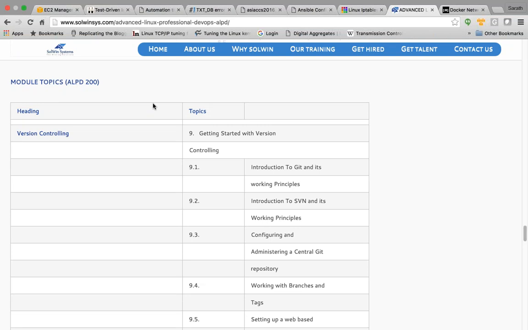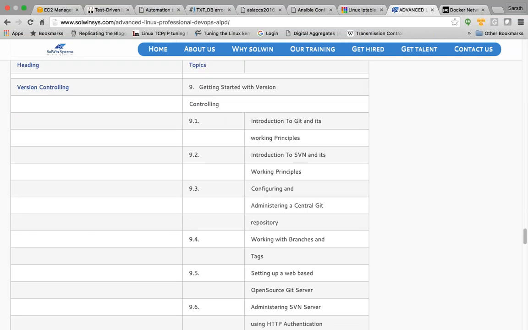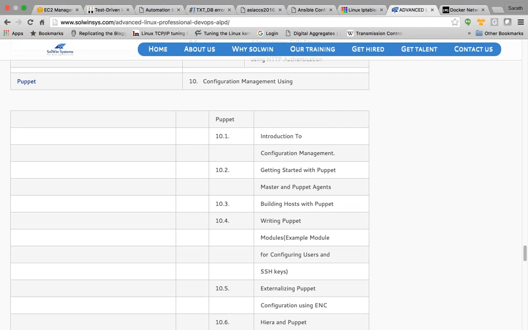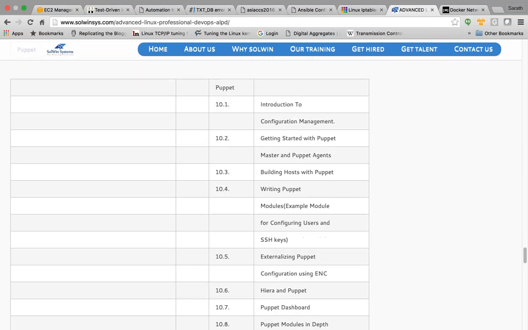A matured system administrator, when he brings developer mentality to the things that he does on a day-to-day basis, and achieves the things using that developer mentality in a cleanly automated manner, and also helps developers in achieving the deployment cycle of an application as smoothly as possible in the cloud as well as in on-premise data center. That is what DevOps is all about. So we will be learning tools like Git version controlling. We will be learning tools like Puppet entirely in fine-grained detail.